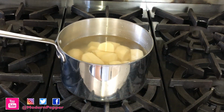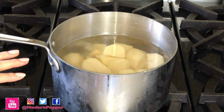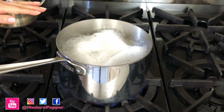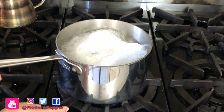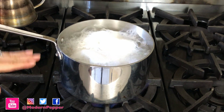And now we're gonna turn on the heat at super high. And once it starts boiling, we're gonna let it cook uncovered for 5 minutes. And now our water is boiling. So make sure to keep your stove heat at high, and from here, let it boil on high temperature for